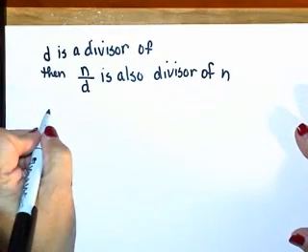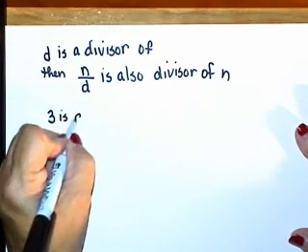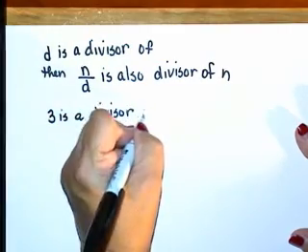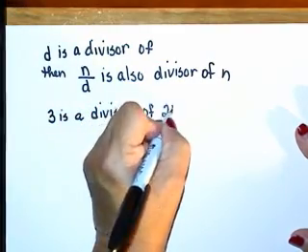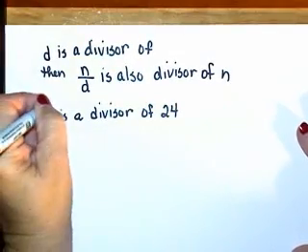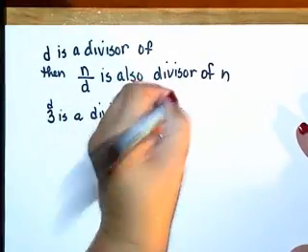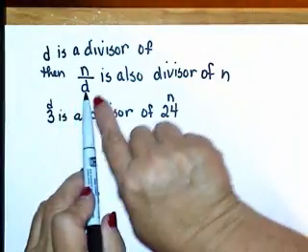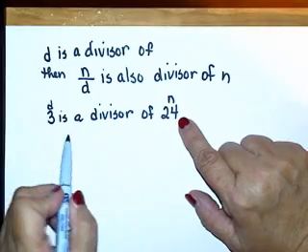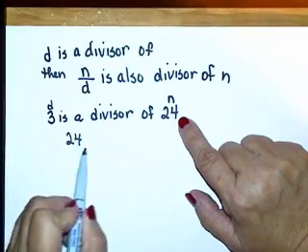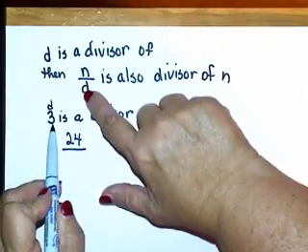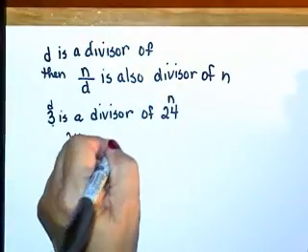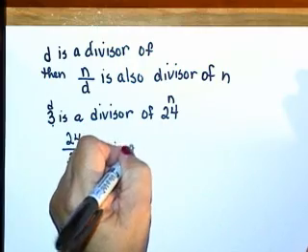Let's say we know 3 is a divisor of 24. So this is our D, this is our N. So then I know, according to this theorem, that N, or 24, divided by D, or 3, which is 8, is also a divisor